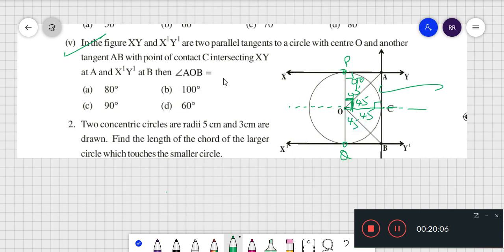Okay children, what is there? Then angle AOB means this angle. This is 45, this is 45, the total angle becomes 90 degrees. So C is the answer. Okay children,